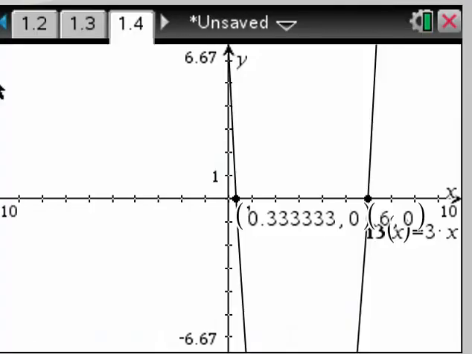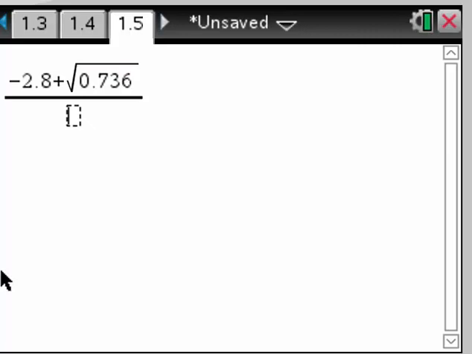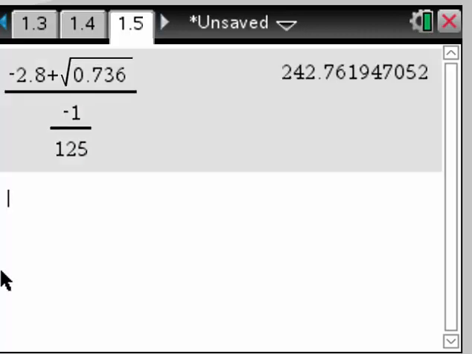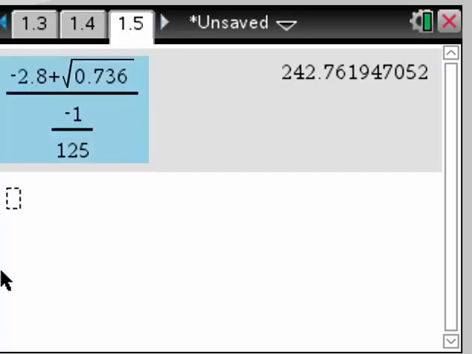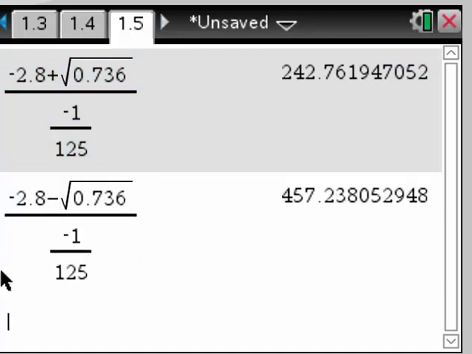So here we go. We'll get a calculator page. I'm going to get a fraction. So negative 2.8 plus square root 0.736 over another fraction, negative 1 over 125. So my first temperature, x equals 242.8. Now I'm going to do its conjugate, so I'm just going to click on it and change that plus sign to a minus sign. And I get